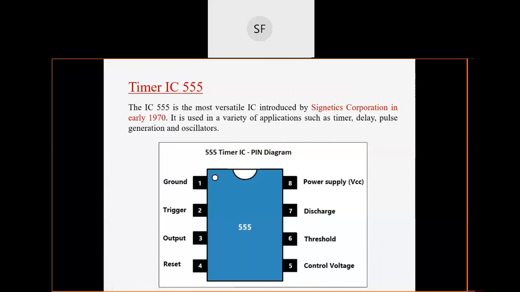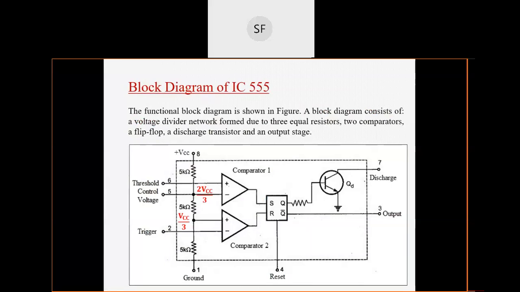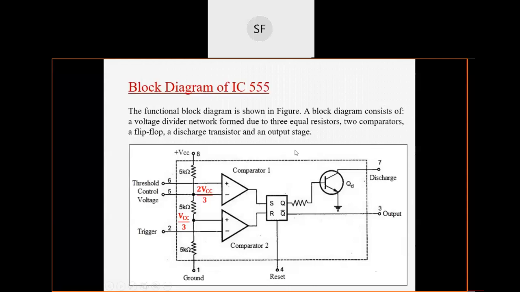We also saw the block diagram of IC 555 in the last session. Anyway, we will see the main important points regarding the block diagram of IC 555 one more time, and then we will start with today's discussion, that is today's application, the monostable multivibrator. We will discuss the working of the monostable multivibrator today. So before going to that, I am explaining the block diagram of IC 555 one more time. Please pay attention here.